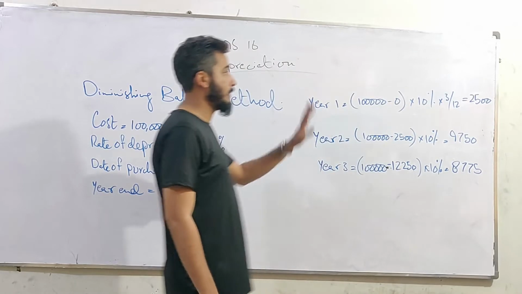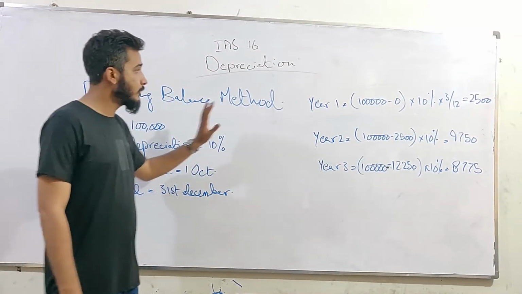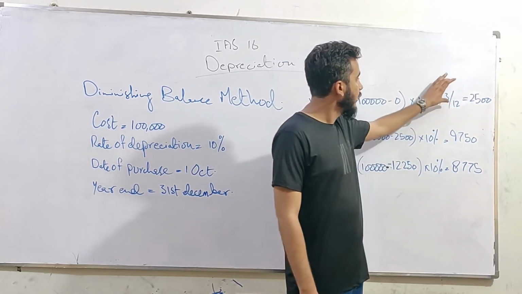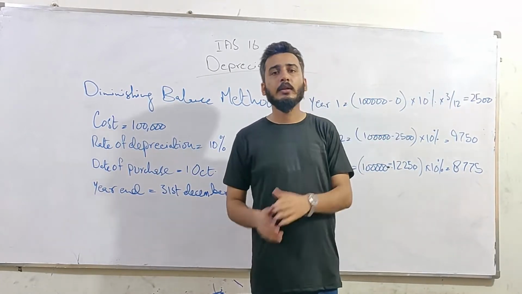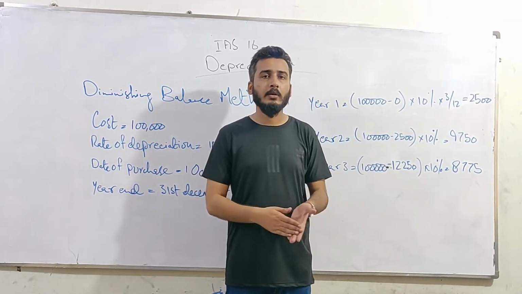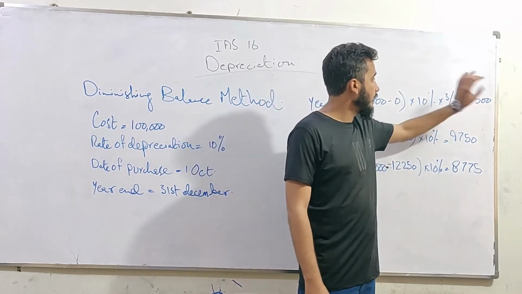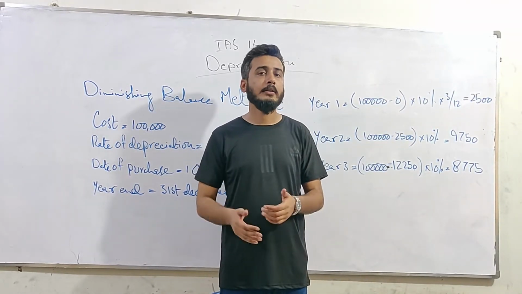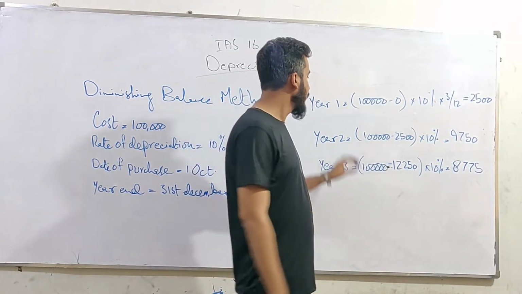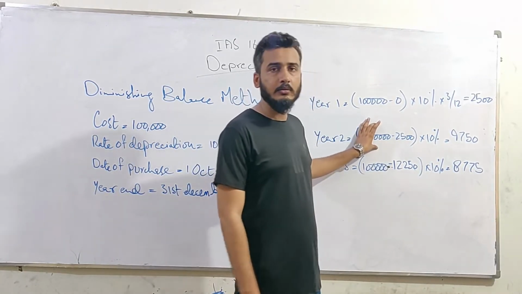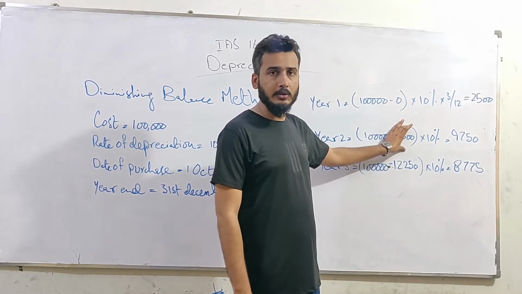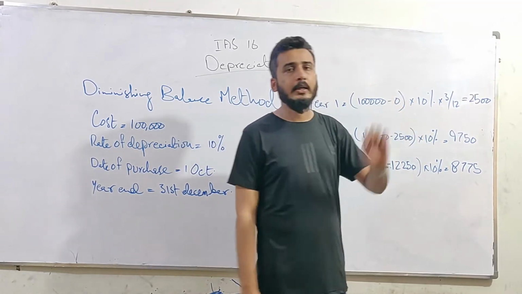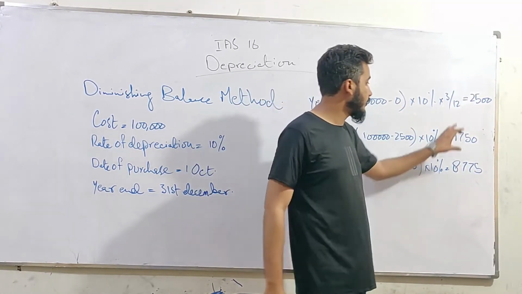And as we purchased this machine on 1st October, I have to convert the years into months. So, these 3 months divided by 12 shall be 0.25 of the year. And this shall be the depreciation by multiplying it with 3 and dividing it by 12. The next year, we have 100,000, the same cost, minus the total depreciation till year 2, 2,500, multiplied by 10%, we have the total depreciation of